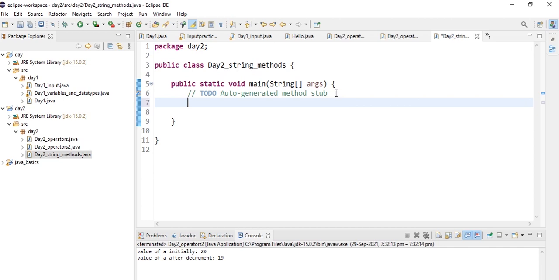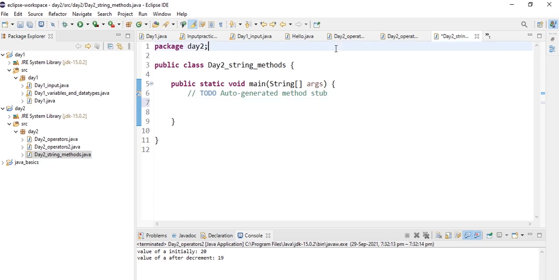There are many string methods in Java, but in this video we are going to discuss how to check the length of a string, how to convert all the letters of a string into uppercase letters, how to convert all the letters into lowercase letters, and how to concatenate one or more strings.